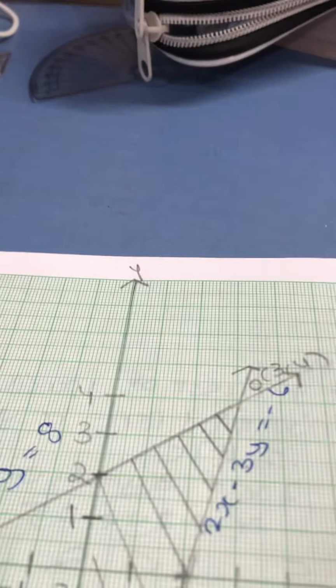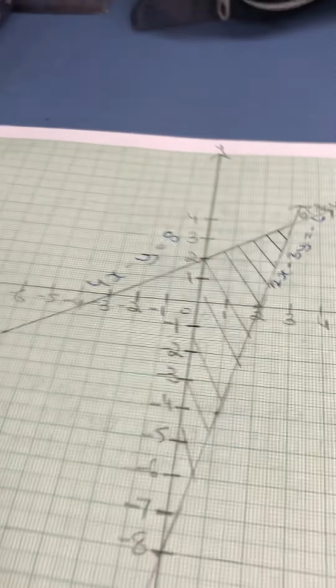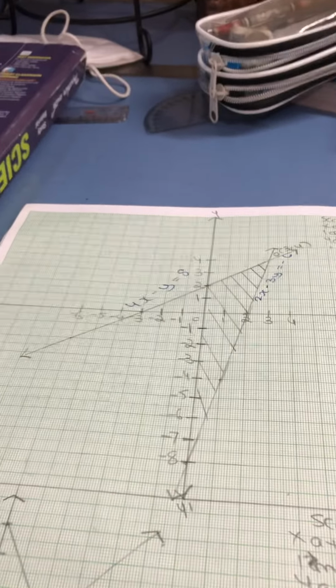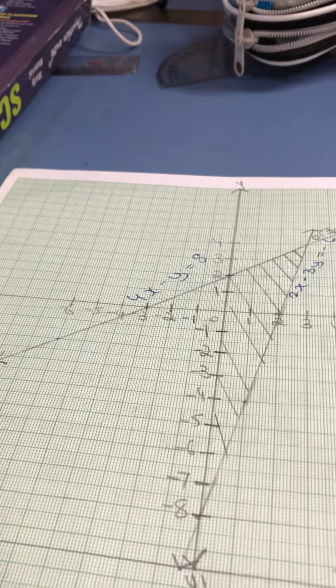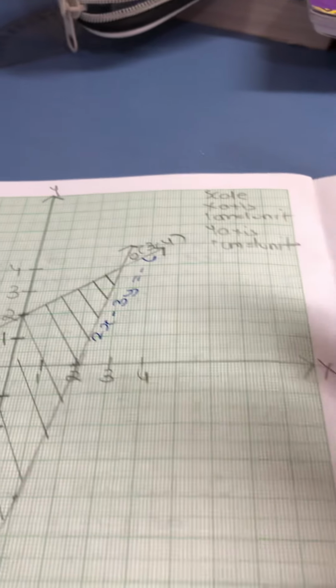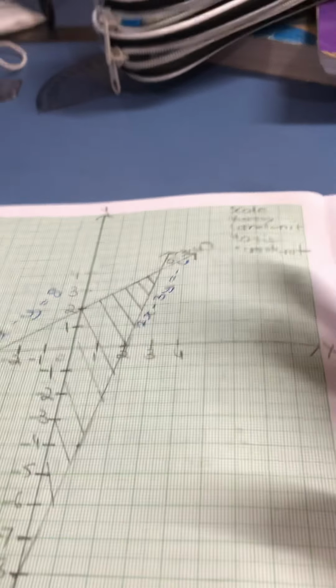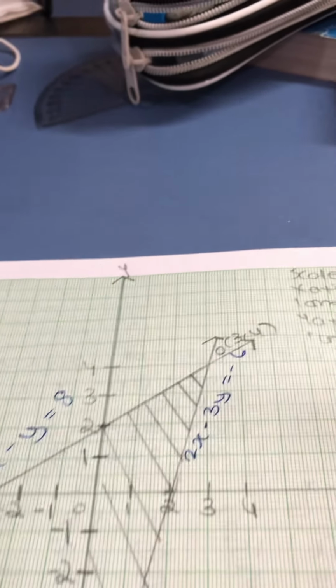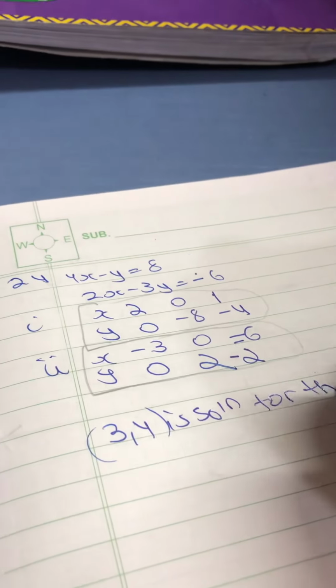And one common mistake, many people in preliminary exams or in the school exams have lost 1 mark because of this. Though they haven't asked us to write the solution of the equation, we have to make it a point that we write the solution of the equation, which is 3, 4. Thus 3, 4 is the solution for the given equation.